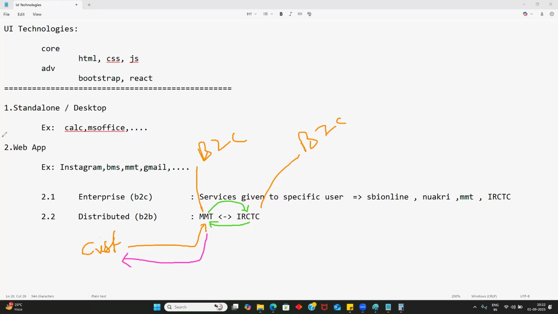So assume this B2C application is developed in Java, the front end is React, and the database is Oracle.